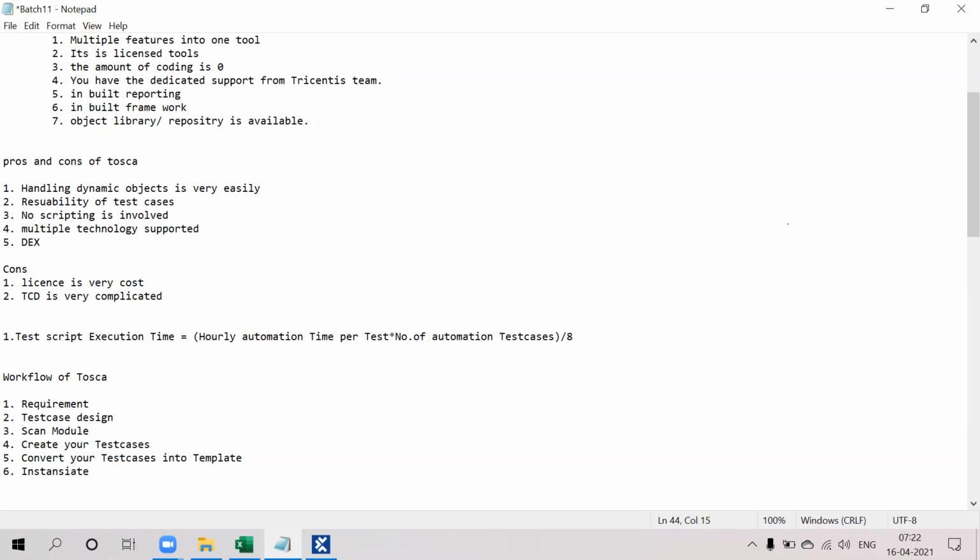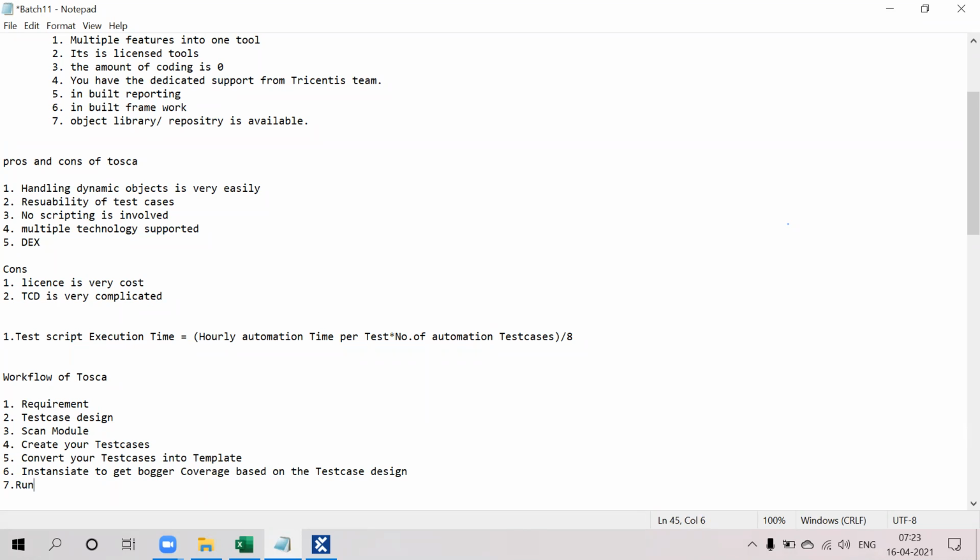Once you instantiate, the next step is to run your test cases.